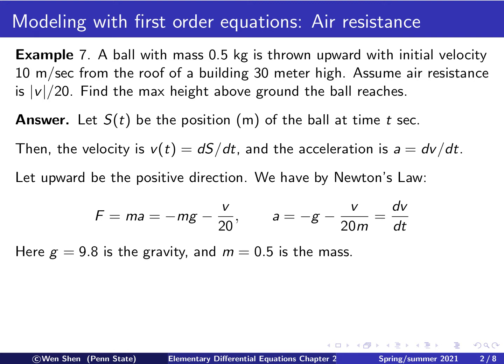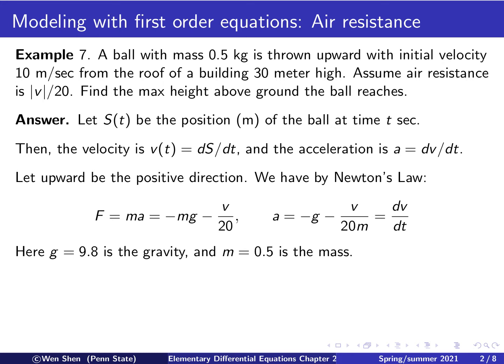Newton's law says the total force on the object will cause an acceleration. In fact, the force is equal to the mass times the acceleration. So what are the forces that are applied on the ball? So first there is the gravitational force, which is pointing downwards. So it's negative. So I have negative mg. And then